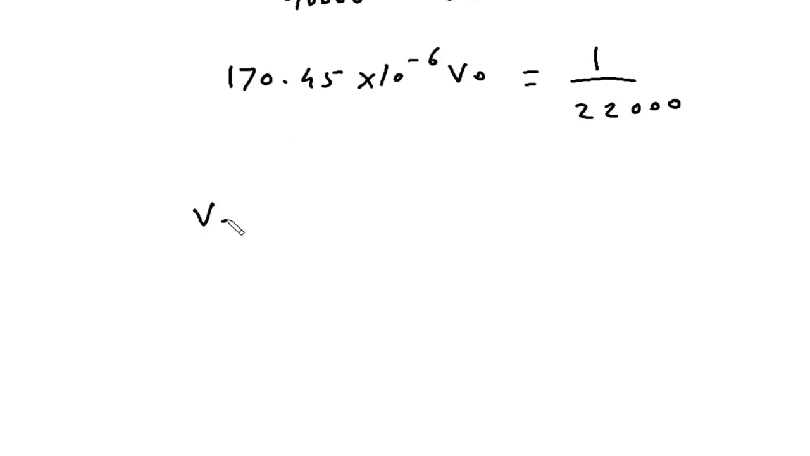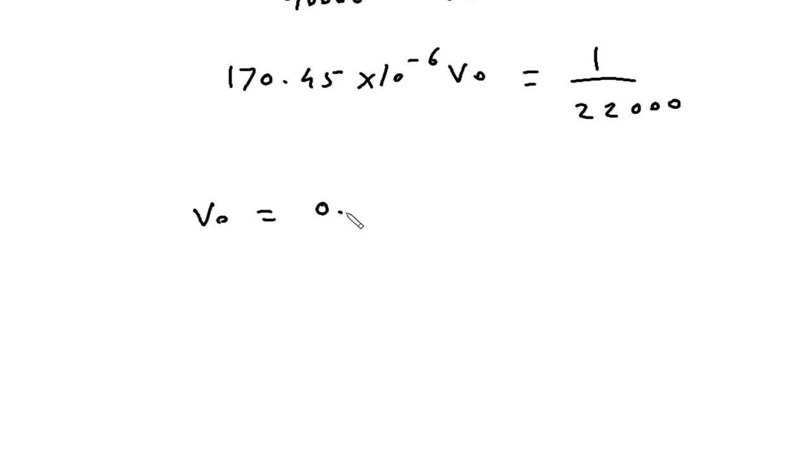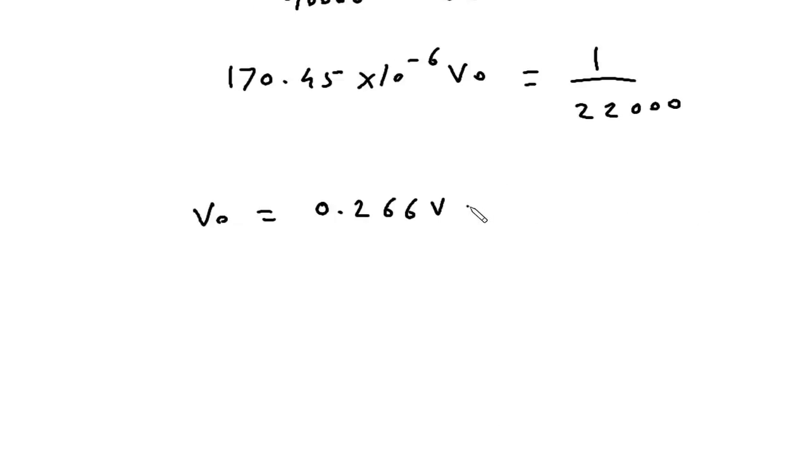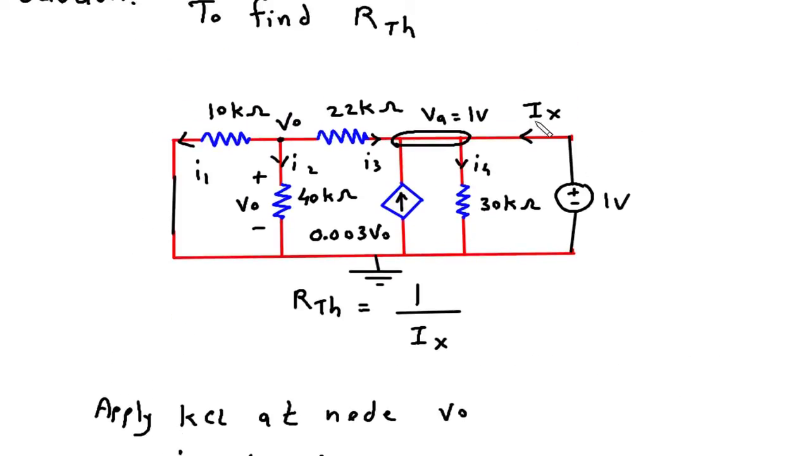So from this VO is equal to 1 by 22,000 into this. So this will be 1 divided by 22,000 into answer, so this will be 0.266. 0.266 volt is the value of VO. For more precise, we will write 4 by 15 volt. Now we have the value of VO. From this we can find the value of Ix. So Ix will be equal to